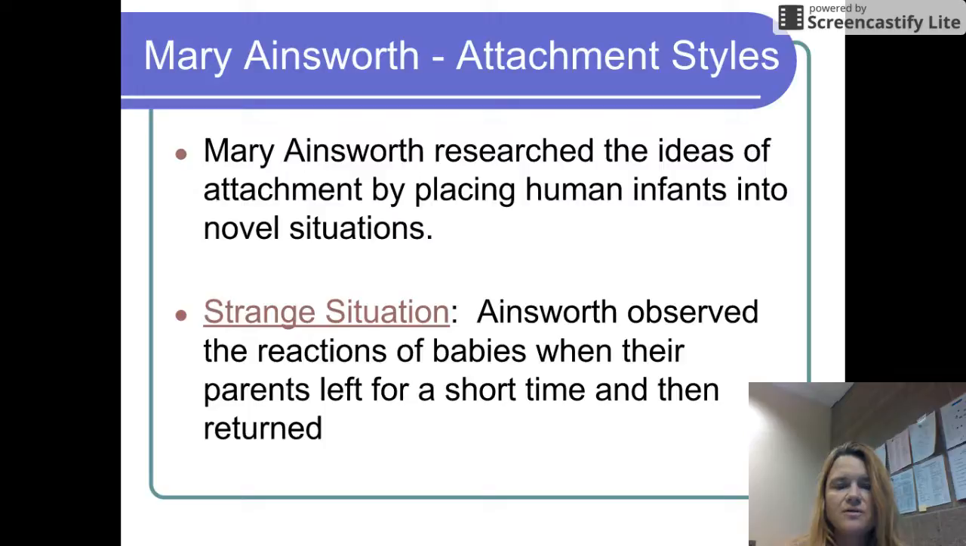So she observed how the parents and the babies interacted in this new room filled with toys and things to do. Then she invited a stranger to come in, and she observed how the baby reacted to this. Then Mary Ainsworth had the parent leave the room and left the baby alone in the room with a stranger. She observed what happened. And then she was really interested in how the baby responded and reacted when the parent